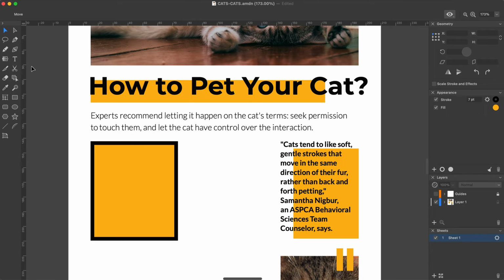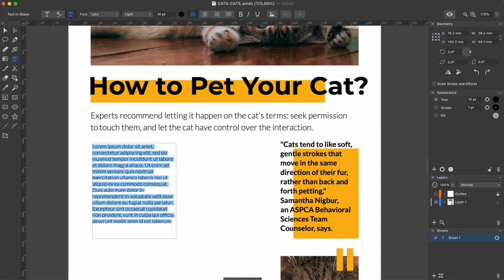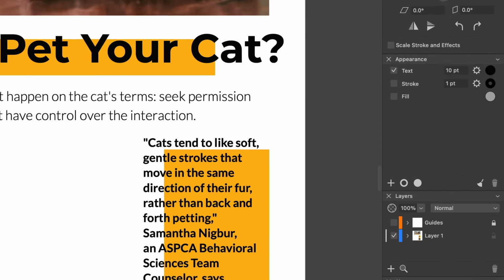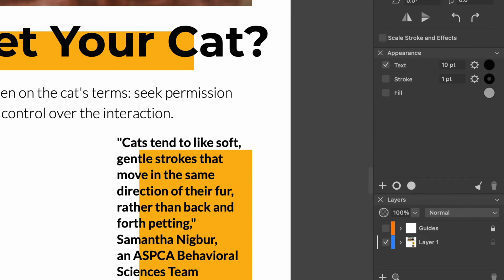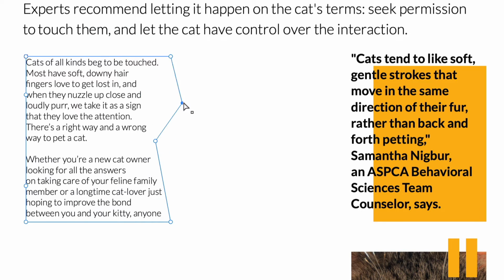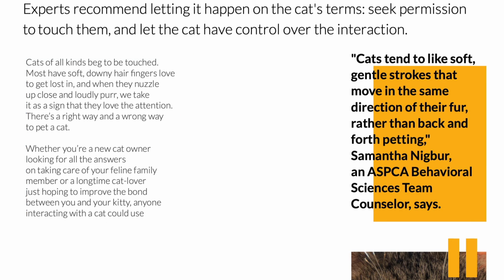You can place text inside a shape using the Text in Shape tool. Select this tool, then click on the shape. The shape will be filled with the default text, which you can replace with your own text. Note that the original shape's attributes, such as fill, stroke, and effects, if any, will disappear. The Appearance panel will relate to the properties of the text rather than the container. Similar to the text box, the text in a shape flows inside the shape when it is resized.